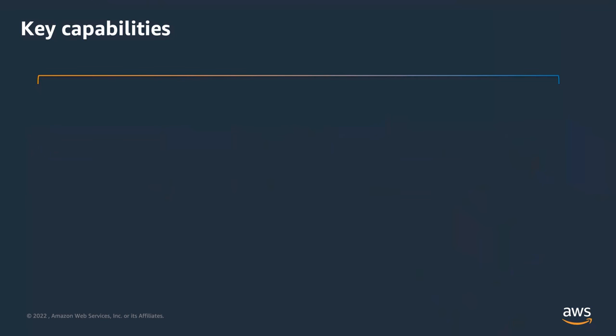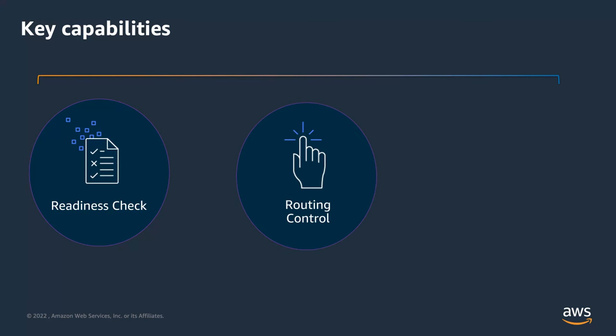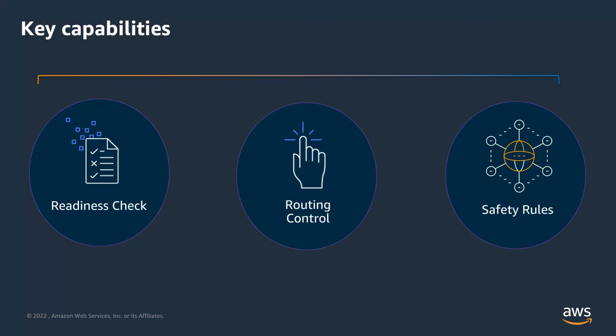There's 3 key capabilities the Application Recovery Controller offers. One is the Readiness Checks. This is the ability to give you automated health checks to confirm if your replicas are able to take traffic. Next is routing controls, and this is the ability to redirect traffic to replicas. That's that on-off switch that you saw on top of each cell in that cellular slide. And then we also have the option of adding safety rules. These define and enforce failover criteria for routing control.